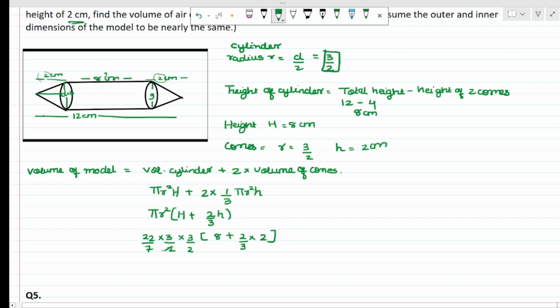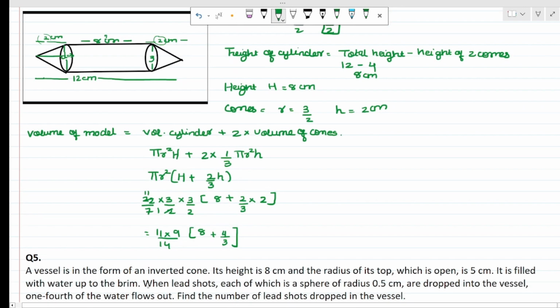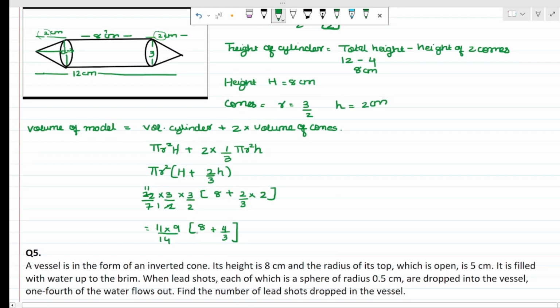Now, is anything getting cancelled? 2 1s are 2, 2 11s are 22. So your answer will be 11 into 9 upon 14 multiplied by 8 plus 4 upon 3. Now, solve this 8 plus 4 upon 3. That means you need to first make your denominator the same, 3 into 3. That means it will be equal to 11 into 9 upon 14 bracket, 8 2s are 8, 3s are 24, 24 plus 4